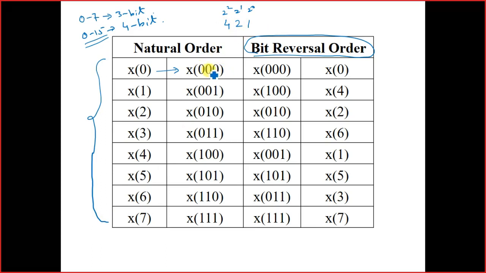Okay, so we are having 1, 2, 4. So 0, 0, 0, then we get the 0. Then for 1 we get 1, so we get 1 for this and 2 zeros. Then for 2 we get 1 for 2 and the other two values will be 0. See, 0, 1, 0. Similarly 0, 1, 1, then 1, 0, 0, 1, 0, 1, 1, 1, 0 and 1, 1, 1. Okay.